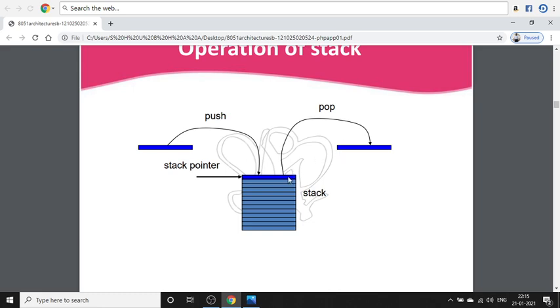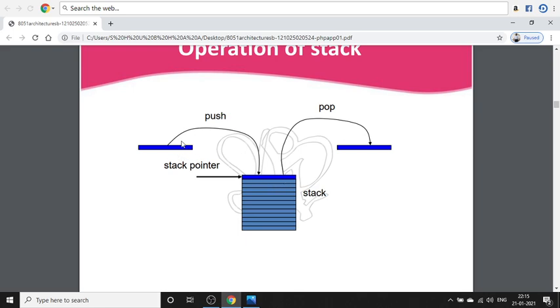The stack pointer is increased before the data is stored during the push and call instructions. This is a push, that means this is for the top one, and this one is a pop instruction, and it is decremented after the data is restored. Data will be restored into the register during the pop and return instructions.